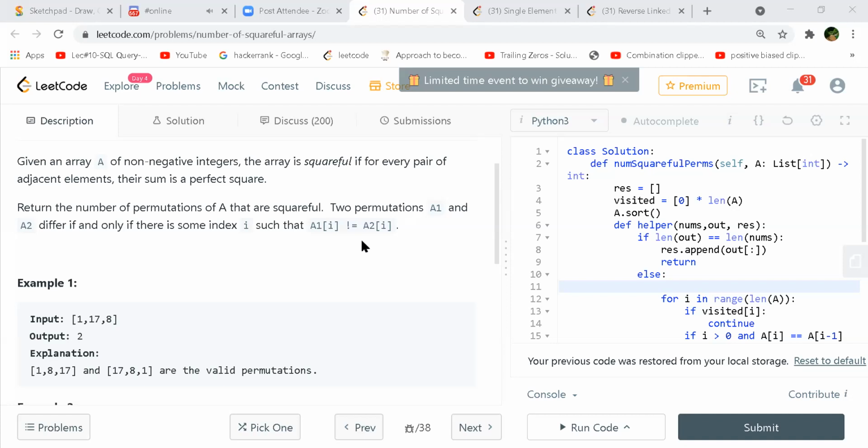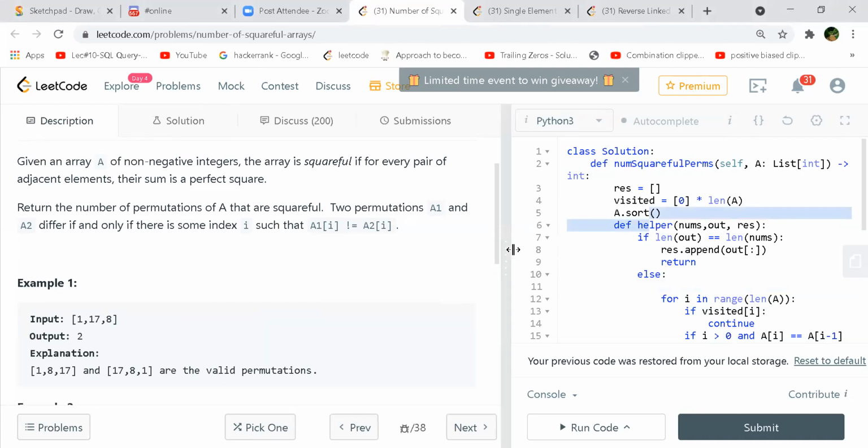But even RK said about storing all the values in a hash map, right? Like an adjacency list, and then you go in a graph way. So that might also be one way of doing this. So mine was just the normal permutation, what backtracking we are doing, right? I'm just sorting and checking the condition whether it suffices or not.